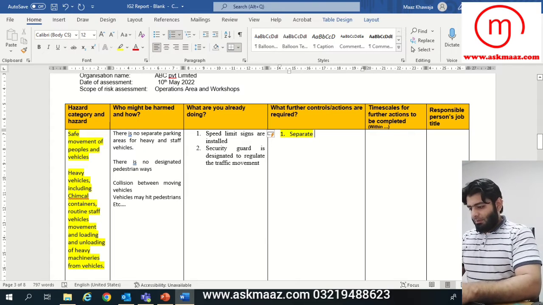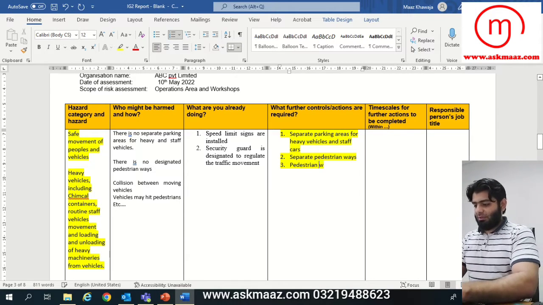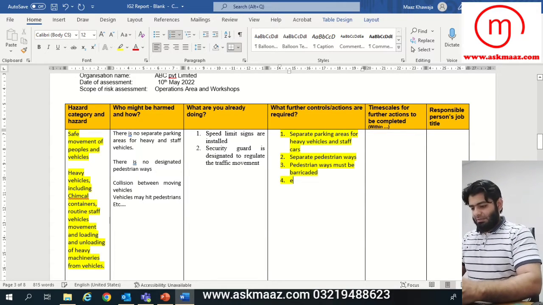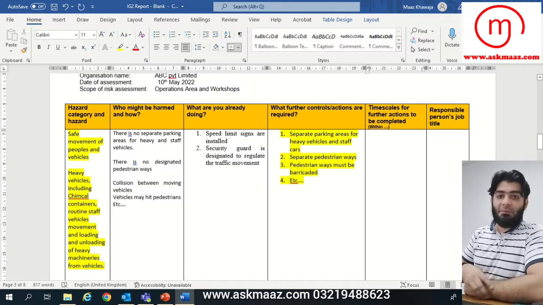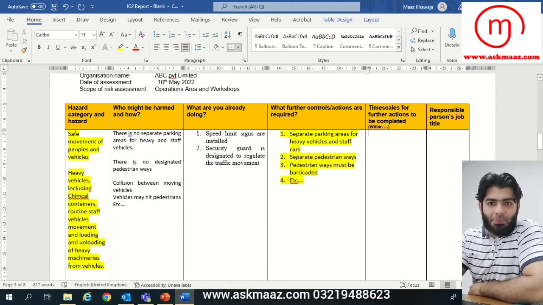Okay, separate parking areas for heavy vehicles and staff cars vehicles. Separate pedestrian ways. Pedestrian ways must be barricaded etc. These are the further control measures and timelines for these. So now we have to evaluate them and make